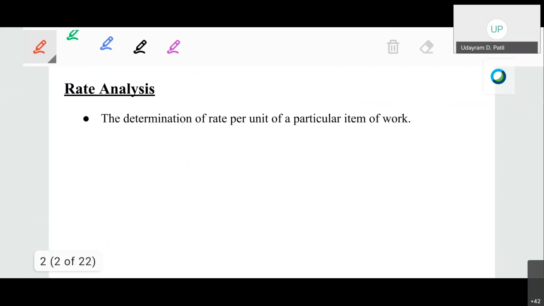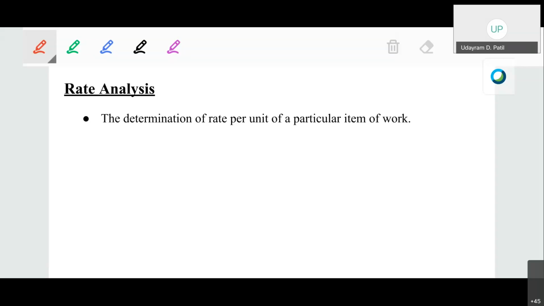So first, what is meant by rate analysis? As per the definition, the determination of the rate per unit of a ... is lab work. Okay, so all of those are items of work, and finding the per unit rate,